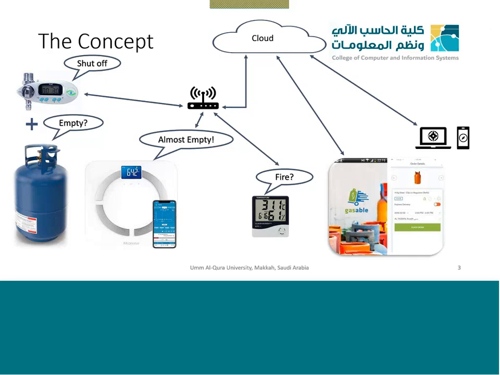If you think of this whole scenario, there is no human involvement in it. The human is only the one who is cooking on the gas, and he is not interfering in anything. All the things are being done automatically from the device to the app, and from the fire alarm to the shut-off switch. Everything will be done automatically. This is the basic idea of an Internet of Things system.